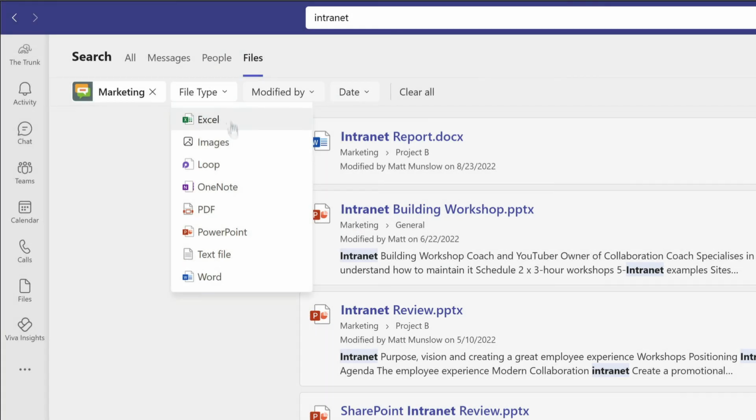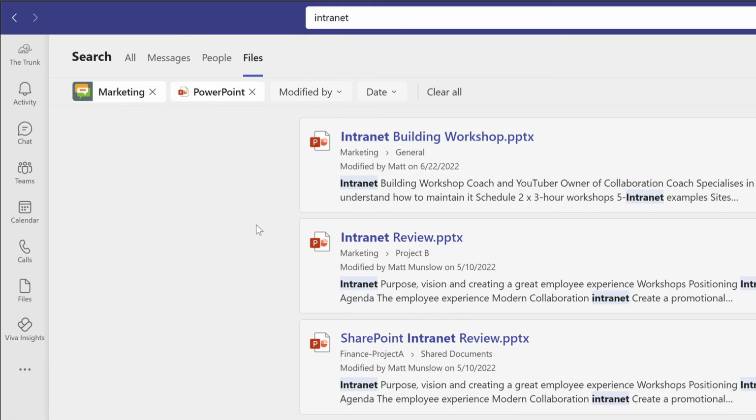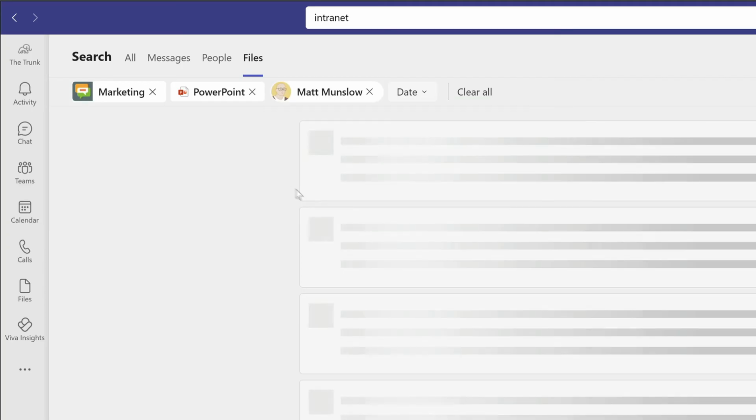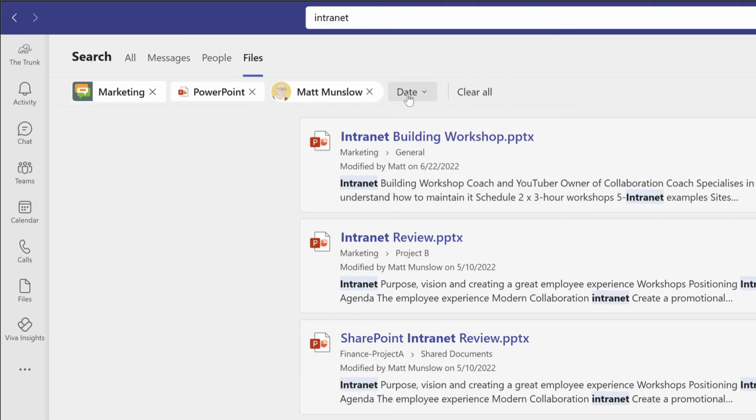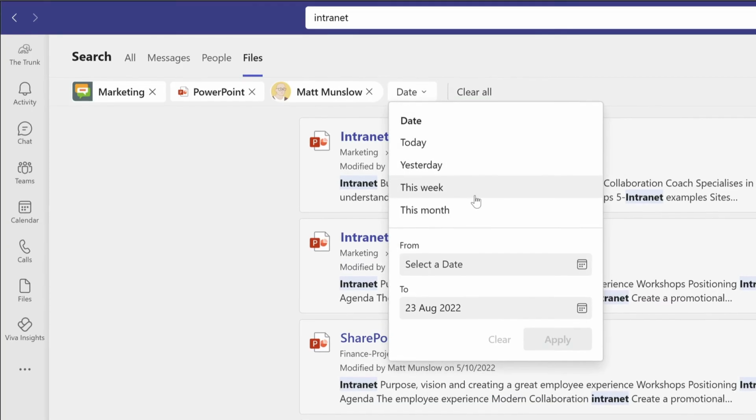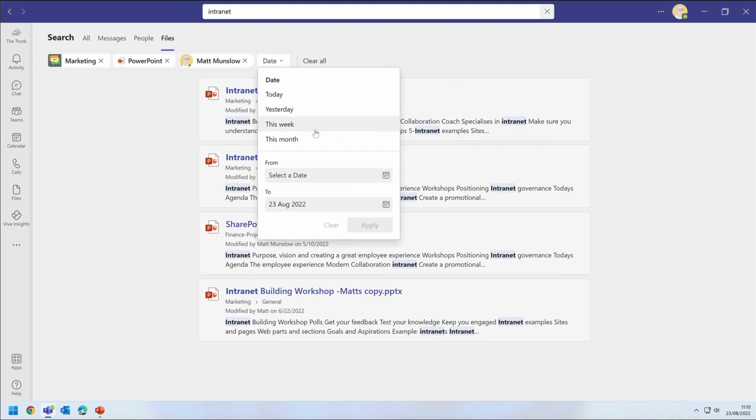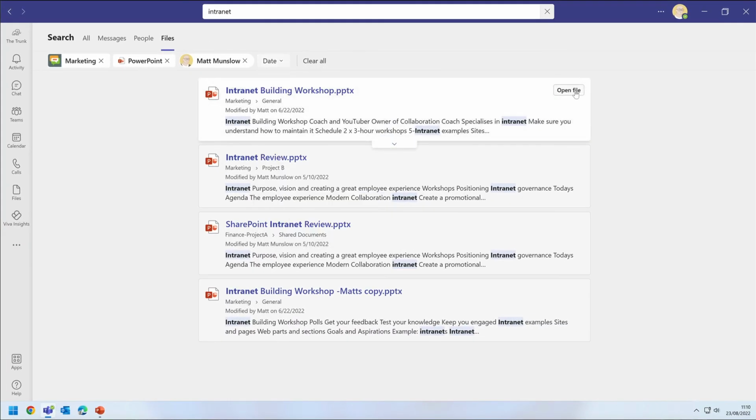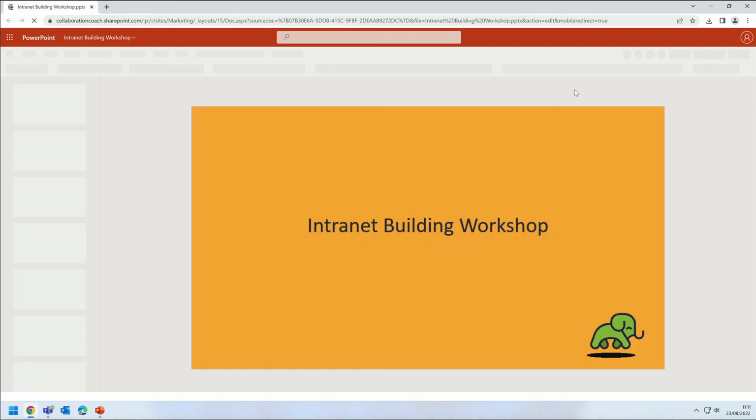Now I'm looking for a slide deck, so I choose PowerPoint from this drop down. I can also search for who last modified the file and the date. When I found my file, I can open it, and it always chooses the browser instead of any settings I might have made in the Files app.